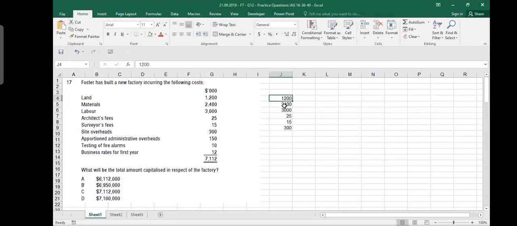So we will capitalize this one, and this site overheads we will add because they are on the site. They are related to the construction. But this 150, which is apportioned overhead, this we will not add because these apportioned administrative overhead, the word apportion